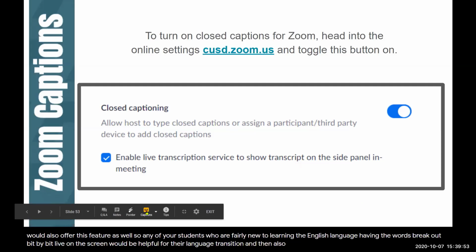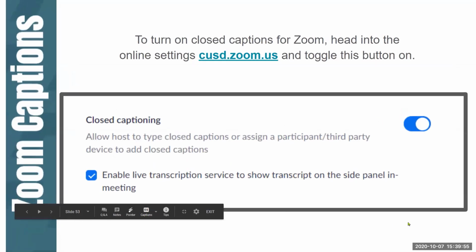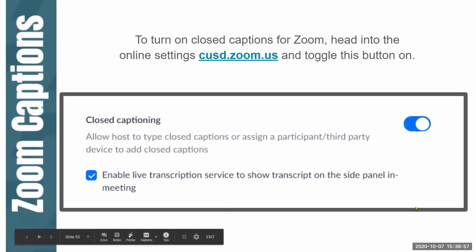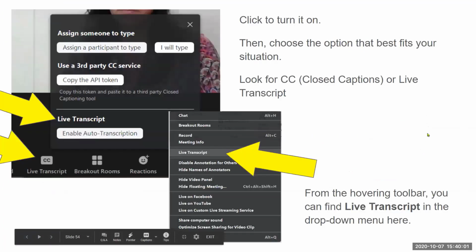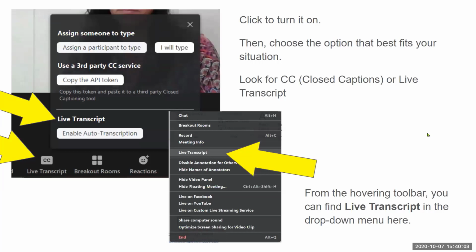And then also for students who are hard of hearing, that closed captioning feature is also helpful. So the next few slides, we're going to talk about where to find those. If you specifically want the closed captioning to happen in Zoom, because let's face it, you're not going to be in PowerPoint the whole time or Google Slides the whole time. If you need that support for those students, no matter what screen you're on, sharing or not, that live transcript will appear right there. So you can turn that on,